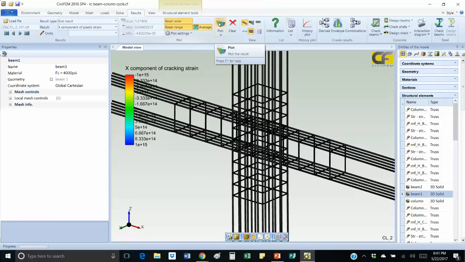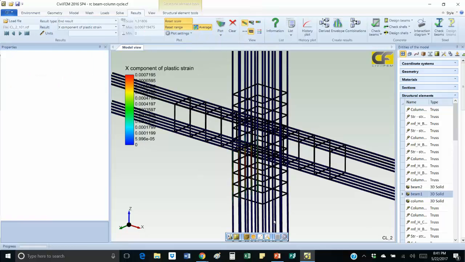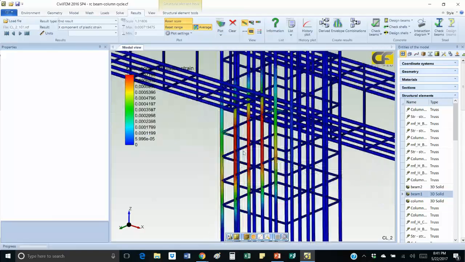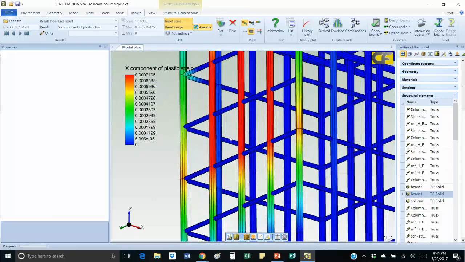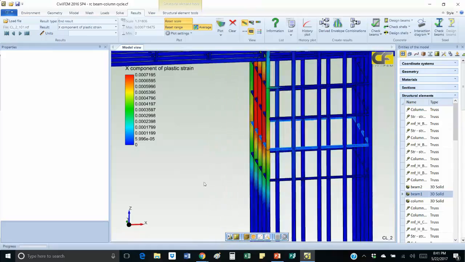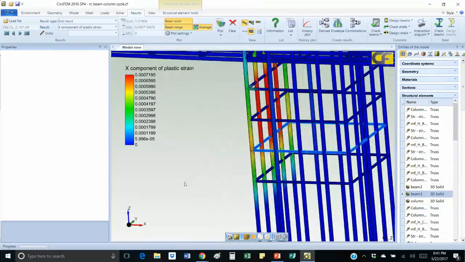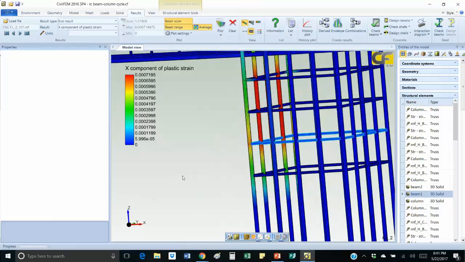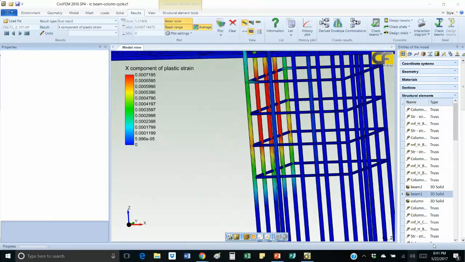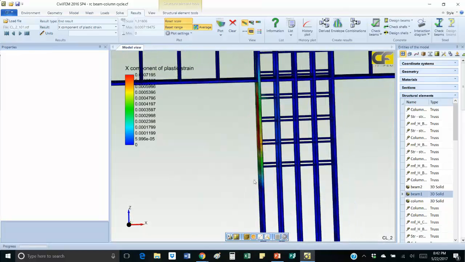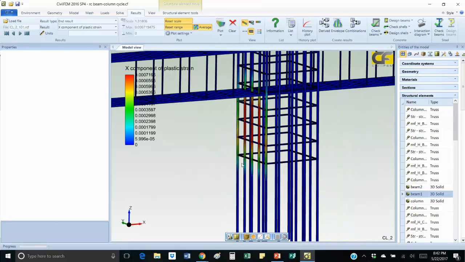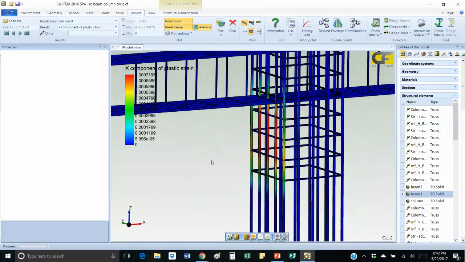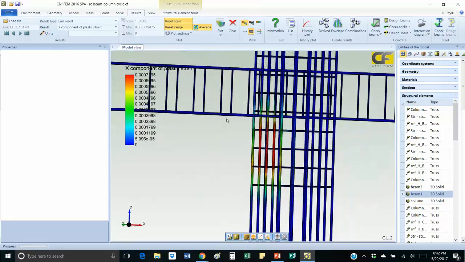Okay, here we have. There you can see I'm going to rotate the element a little bit. And now you can see here the information which is matching with the cracking, after cracking. We have the bars that have yielded, and now we are capturing, we are watching the real behavior and the